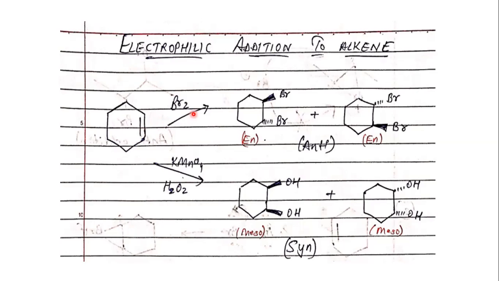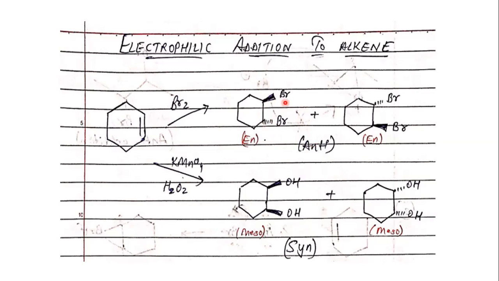So if you can see the first reaction here, your cyclohexene is reacting with bromine directly. The bromine will get added across the double bond. So the double bond is across the two carbons here and here, so the bromine will be attached here. And by anti-addition, you can see the configuration of it is one is on a wedge, one is on a dash. So one is coming above the plane, one is going below the plane. Obviously these two are opposite in configuration. That is why it is called an anti.